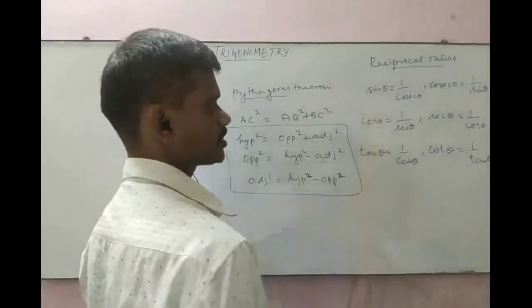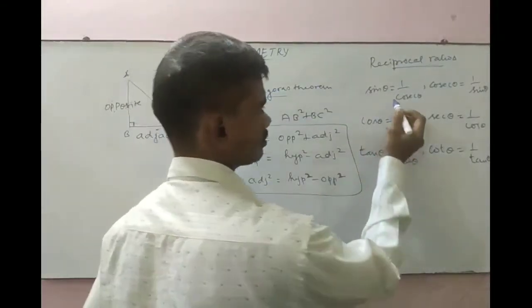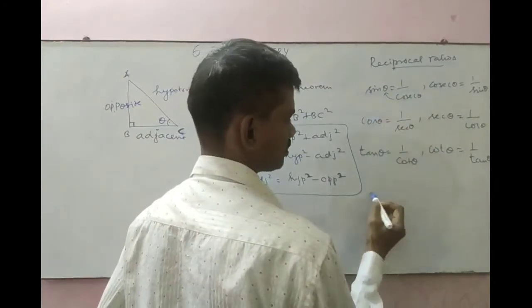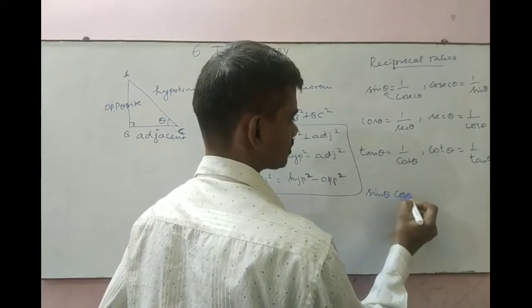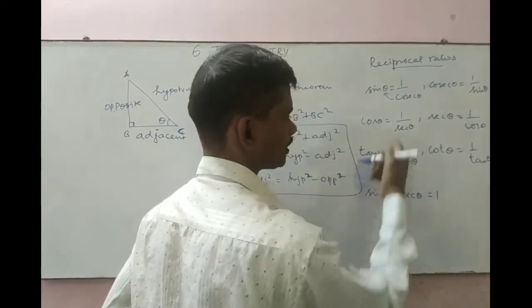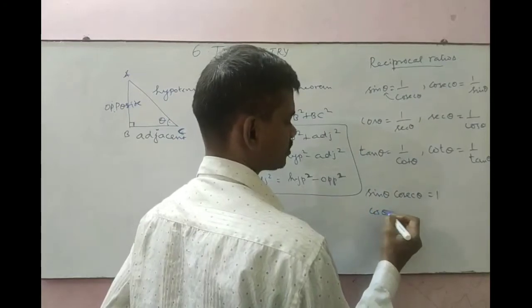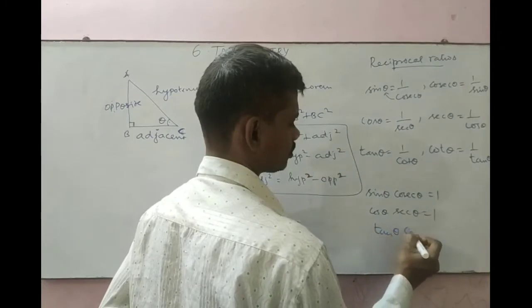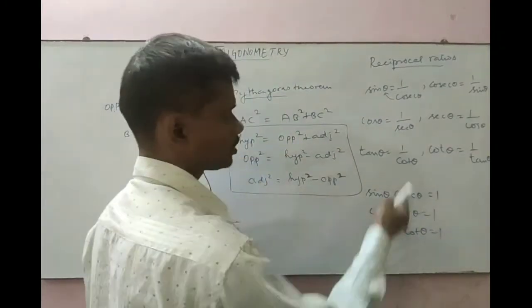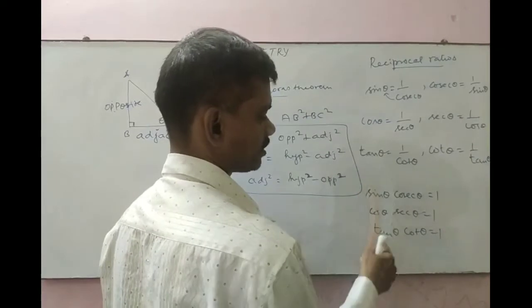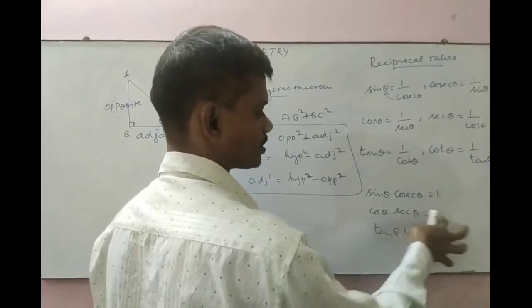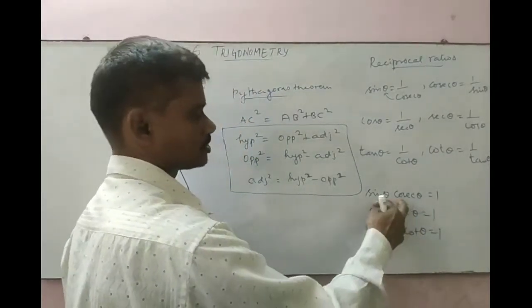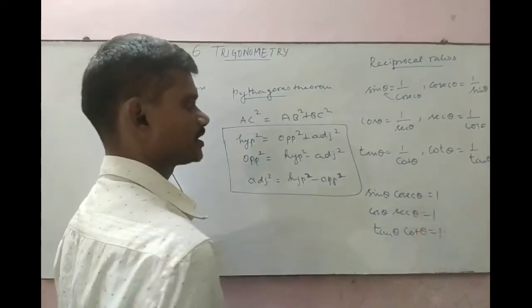Okay, with these reciprocal ratios, you will get one relation. Since this cosecant is in the denominator, if you multiply it to the left hand side, you will get sin theta into cosecant theta equal to 1. Like that, you can write cos theta into secant theta equal to 1. Like that, tan theta into cot theta equal to 1. So if you cross multiply, you will get tan theta into cot theta equal to 1, cos into secant equal to 1, sin into cosecant equal to 1. Because these two are reciprocal ratios. So ரெண்டு பேரும் reciprocal, இவங்க ரெண்டு பேரும் into பண்ணீங்கன்னா you will get the answer as 1.